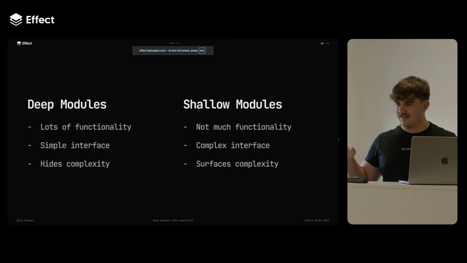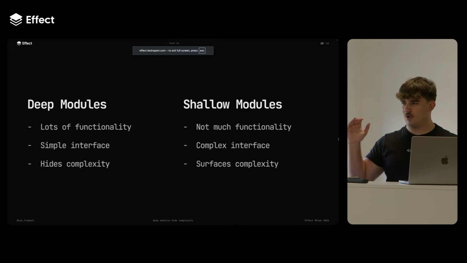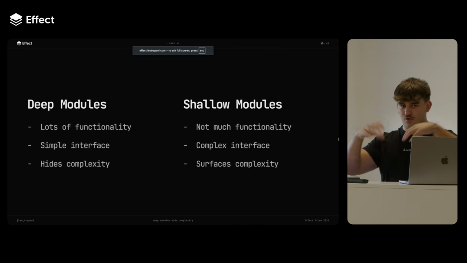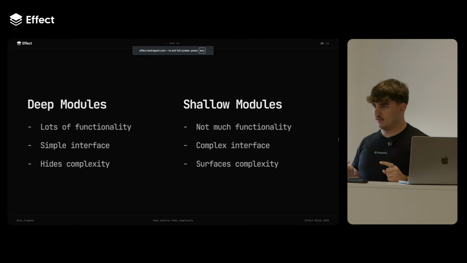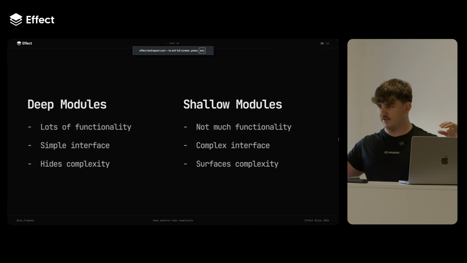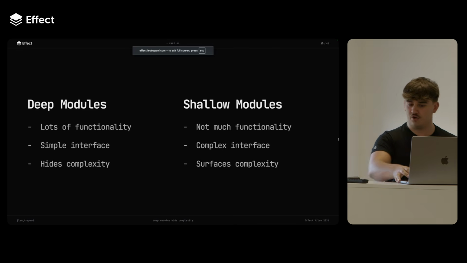Usually, there are two ways to build modules. There are shallow modules, which basically means we don't really think about how the architecture of the code base is structured. There is not much functionality, and the interfaces are very complex. The surfaces through which different modules talk to each other are very complex, and the implementation is not really hidden under a layer. Instead, deep modules hide the complexity because they're hidden under a simple interface. There should be a very easy and simple interface that hides a lot of complexity in the implementation.